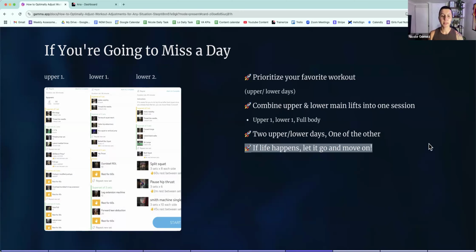Next. Oh, and lastly, if life happens, let's say you think you're gonna get 4 workouts this week, and all of a sudden life just happened and you couldn't get that last upper body day, or you couldn't get that last lower body day because, damn it, it just happened. It's a Saturday, this is my last day, I had to do it this day. It happens. Just let it go. Move on, keep going for the next week.